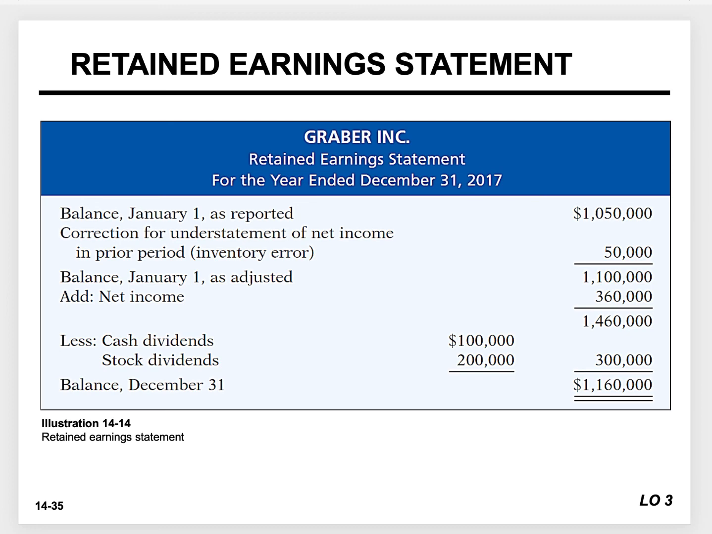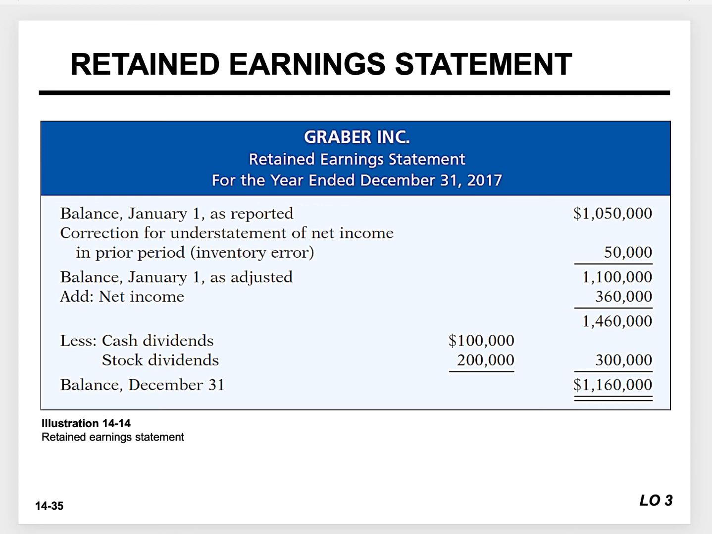We have a correction for the understatement of net income in a prior period, right? We said our net income should be higher than it actually is. We had that inventory level, right? So we need to fix it. How are we going to fix it? We're going to decrease our retained earnings for 50,000. Then we get to our adjusted beginning balance of